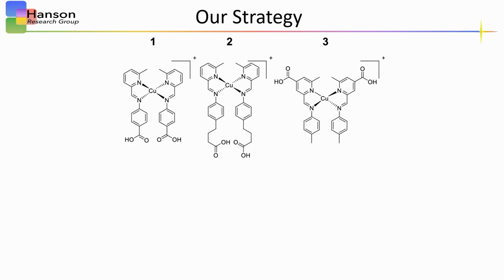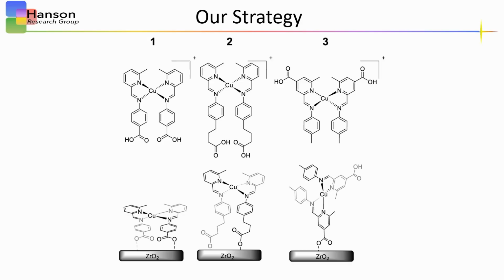Our strategy is to take all 3 molecules and bind them to the surface. By binding them to the surface, we hope to inhibit this distortion, thus increasing our excited state lifetime and our reactivity. To test the effect of the rigidity and surface binding, we designed molecule 1 to be nice and rigid